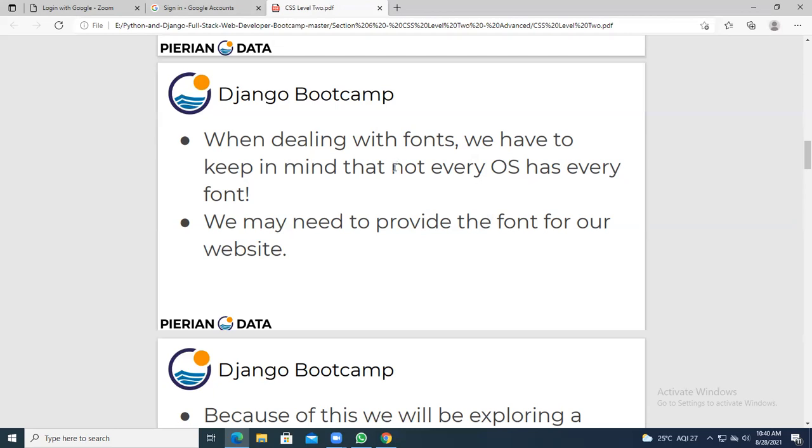If any font is not there, you can download it from Google Chrome using any font styles, and you can apply it to our web page. In fonts, we are going to discuss two concepts: built-in fonts and referenced fonts. Built-in fonts are there in the text editor only, but with referenced fonts, you are downloading them from the net.